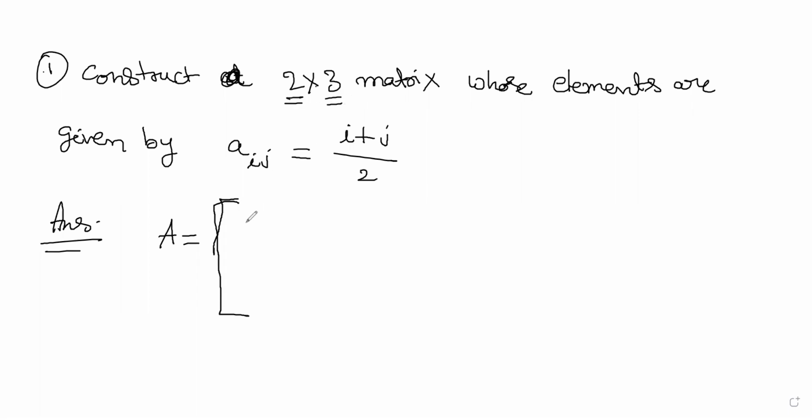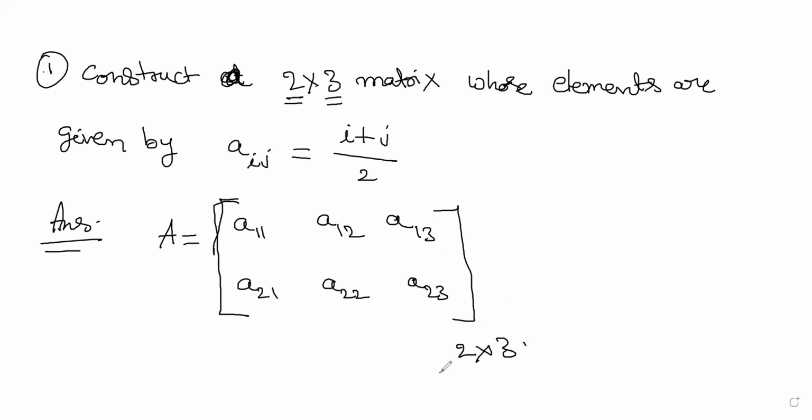So it will be A11, A12, A13. Similarly, A21, A22, A23. That's it. So that is 2 rows and 3 columns. Done, no? First part, this is what you have to do. Like this, you have to write the matrix. These are the positions. First set the positions. Clear? First part, 2 by 3 matrix, this is how we'll write.